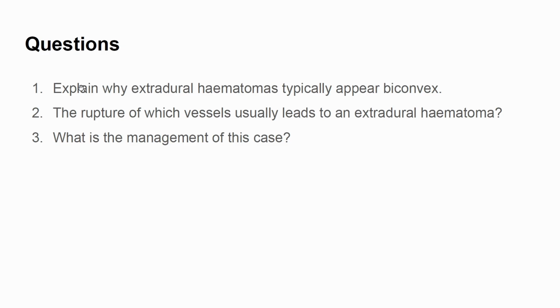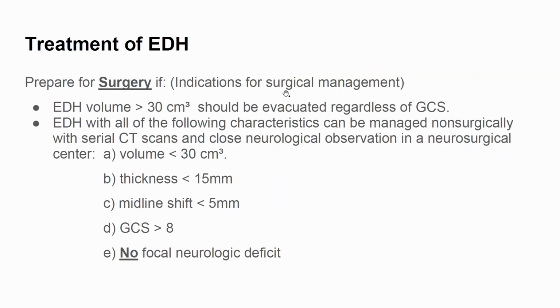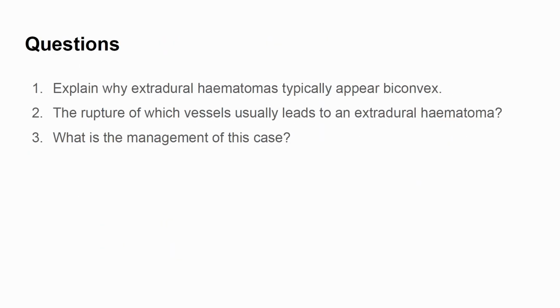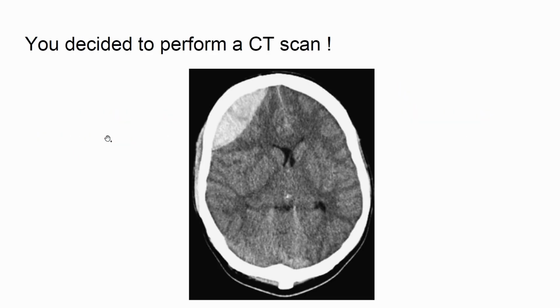Okay, so the first question is, explain why the extradural hematoma typically appears biconvex. As we saw here in this picture, I will go back to it. The hematoma itself appears biconvex because it is under the bone, it is pushing the brain, it can cross the dural folds, but it cannot cross the sutures. So it appears biconvex. The second question is, what is the most injured structure? It will be the middle meningeal artery, which is a branch of the maxillary artery, which is a branch of the external carotid artery. And the management of this case, you can go back to the indications of the surgery,